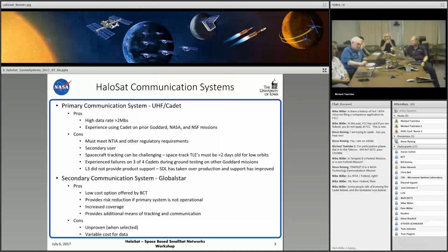Well, I've got a quick question. So what is your requirement for your daily data quantity? So it's whatever the spacecraft bus requires plus 3 megabits. So it's not a lot. It's a relatively low data requirement. So there again, it's